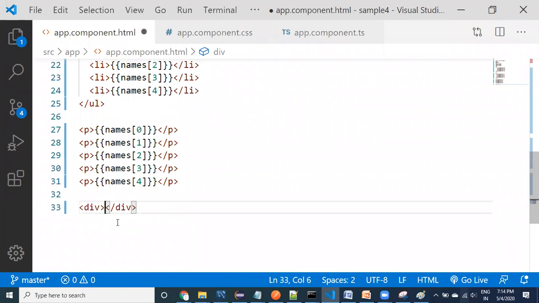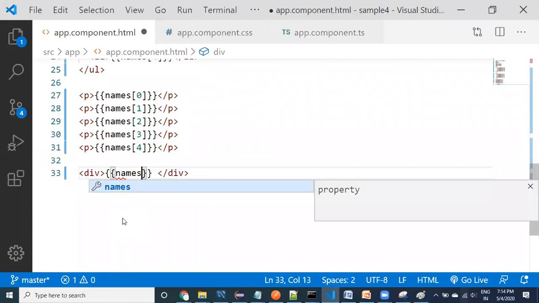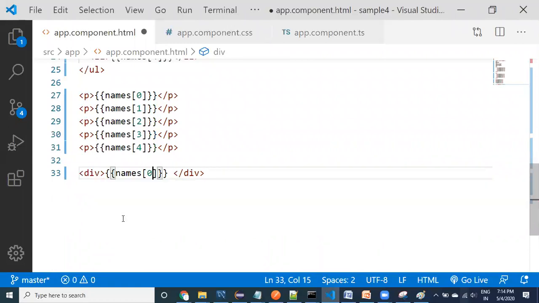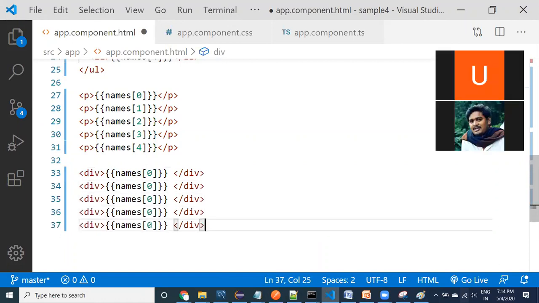Okay, now let us look at it. I'm going to display divs also. I'm going to show you the normal approach. Names of 0. We can use div.